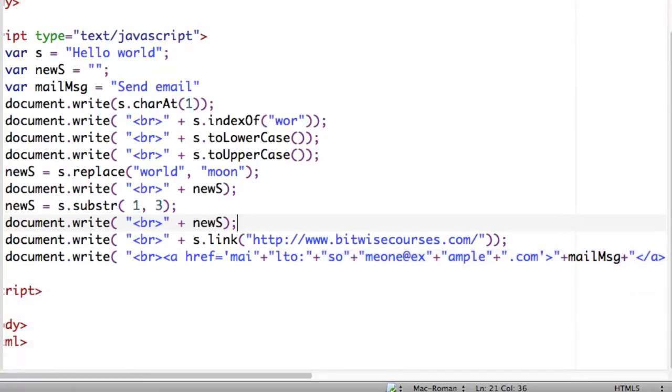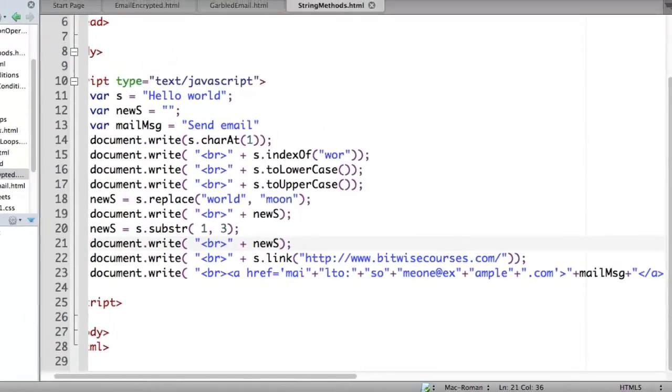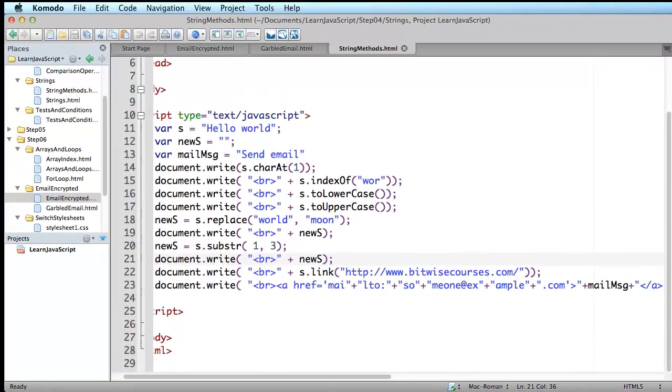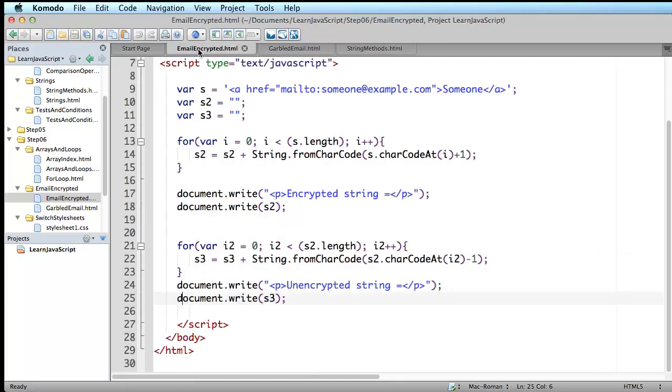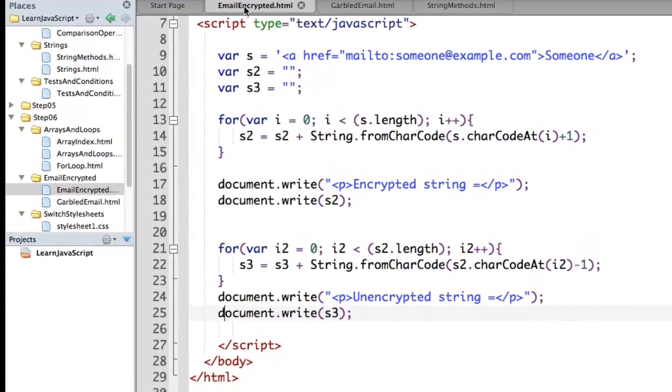Now that's okay as far as it goes. It is probably enough to hide the email address from those programs that go around websites trying to harvest addresses. But we can do better. And now that we've looked at the way that a for loop executes, I can exercise much greater control over how I encrypt or hide the email address. And here is an example. So if you load up the email